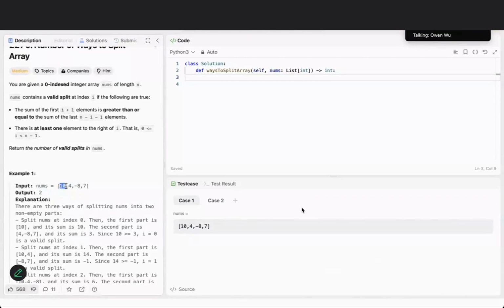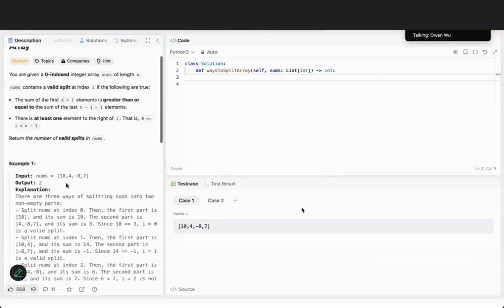the left sum is including index 0, so 10 is bigger than 4 plus 7 minus 8. So 10 is bigger than 3, so that's result plus equal to 1. And then when we get here, same thing, so 14 is bigger than negative 1. That's 2. When we get here, the story's different because right now 10 plus 4 is 14, minus